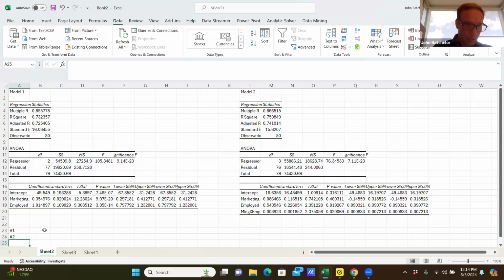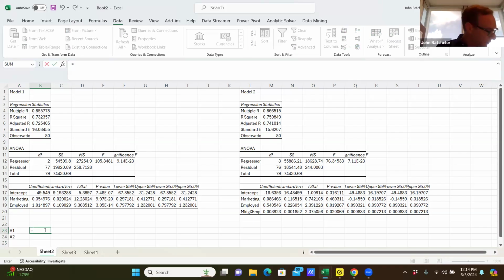Okay, so here, the equation for this, if you look in the book, is on page 283. I'm just going to type this out for you, but you see all the numbers right there. Where it has A, it has the answer. So we're going to take the intercept, and we just got to put some parentheses in to make it all work out. So it's not going to be exact. It's going to be the same numbers, but we're just going to have parentheses in here so Excel will know what to do. Plus the marketing coefficient times 80